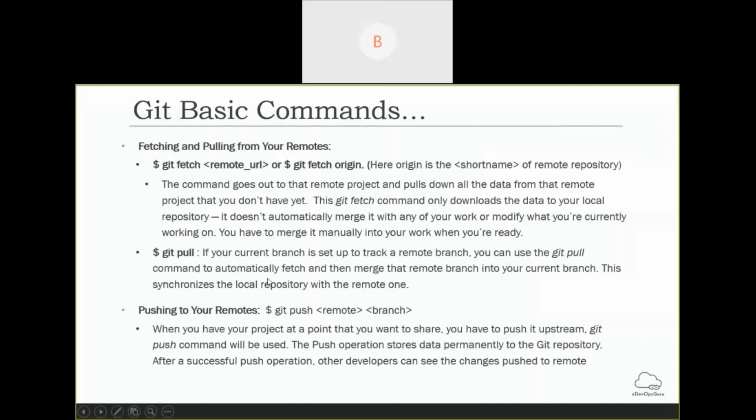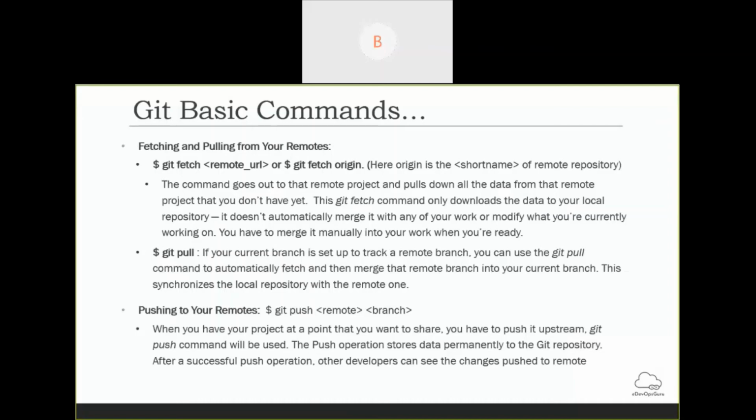Then git fetch and git pull. If you want to add the latest changes to your current repository, you can use the git pull command so that you will get the latest code in your local repository. The concept is like there are multiple developers working.